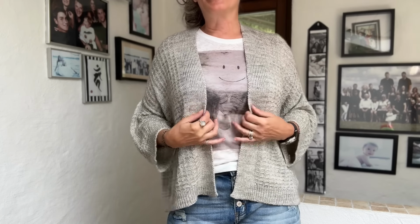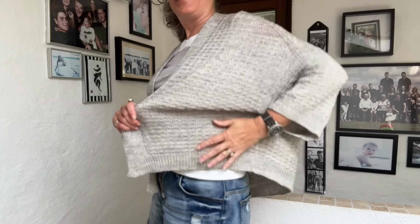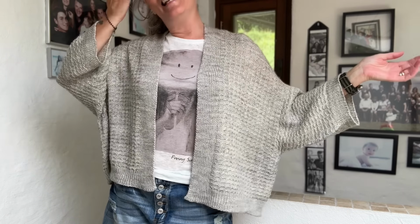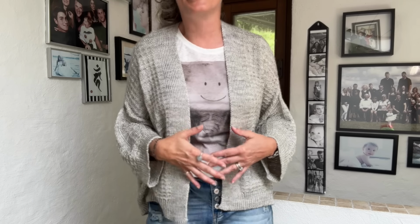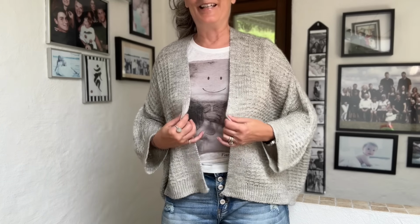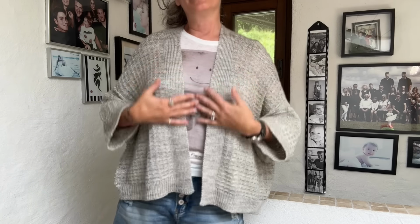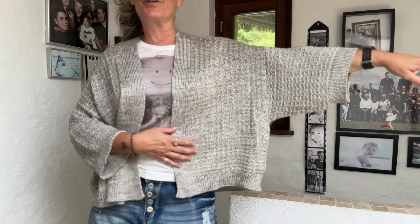I knit this one last summer, or actually I think it was last spring. Maybe I finished in May or something like that. It's been folded up. I'm sorry. But yeah, it is a very easy to wear, simple cardigan, lots of positive ease. And it is knit with inspiration from the Japanese kimonos, the Buddhist robes that I have been wearing for so many years. It is, well, as you can see, the same very simple front, the wide, relatively short sleeves,